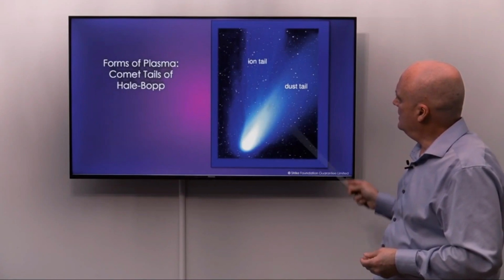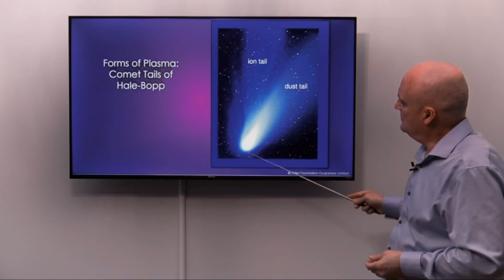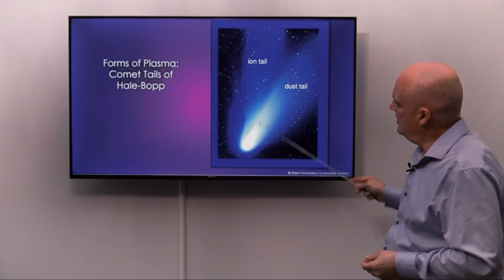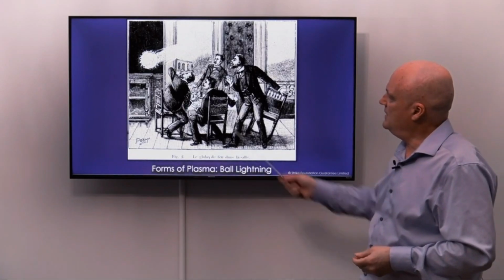And then the comet has the tail because you've got a high pressure here and a vacuum behind it, which does form plasma as well as plasmoids. Yeah. So the next. So here's ball lightning, which